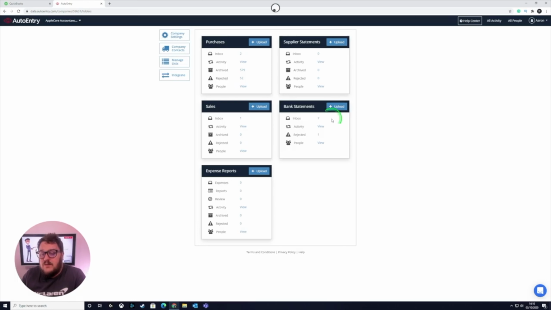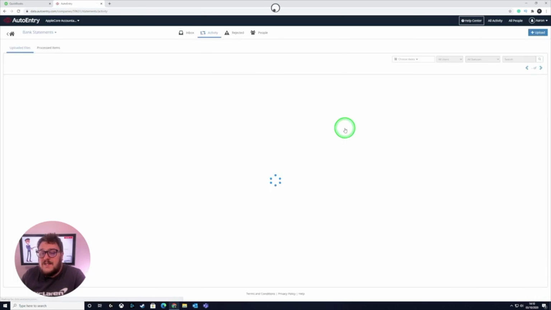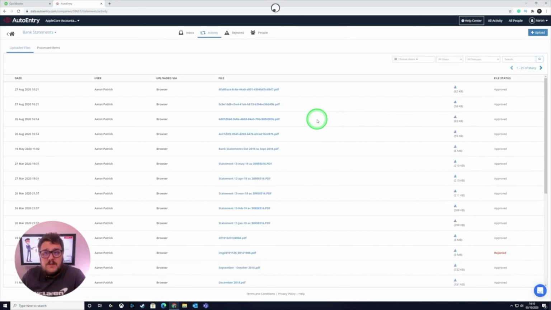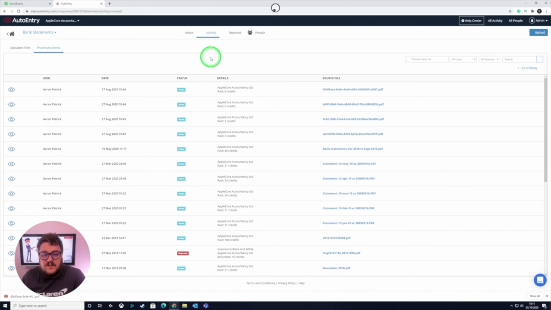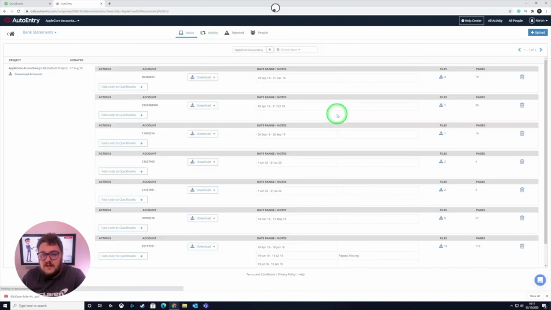Once you send it to Auto Entry, it takes a little bit of time, so give it something like 24 hours. And then once you've got the notification back, you then have the ability to download the transaction, and you can download it as a processed transaction. So here the items come through. It's charged me for doing it, and what that means is now I have the ability to go into the transaction and I can actually get it